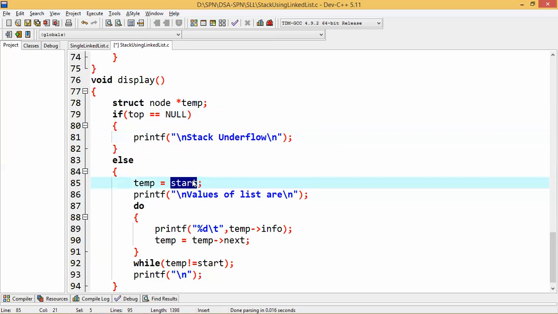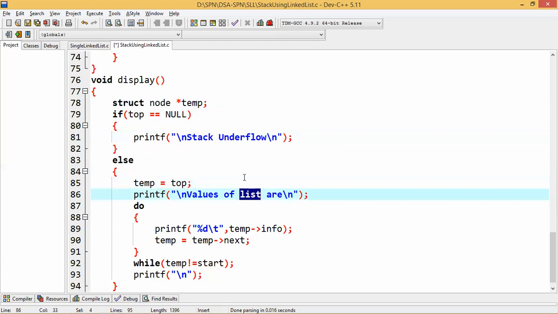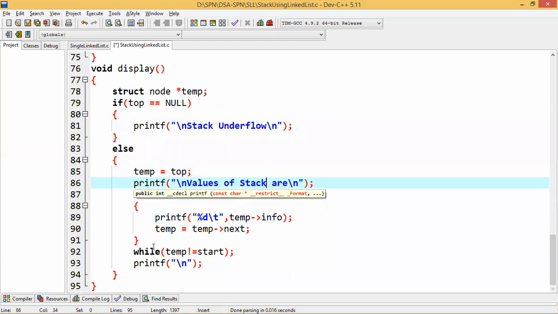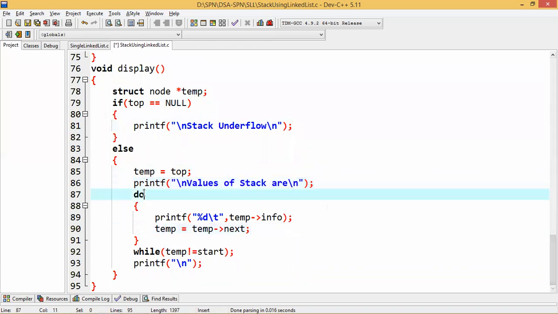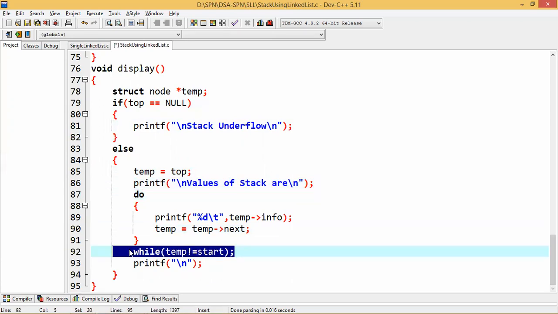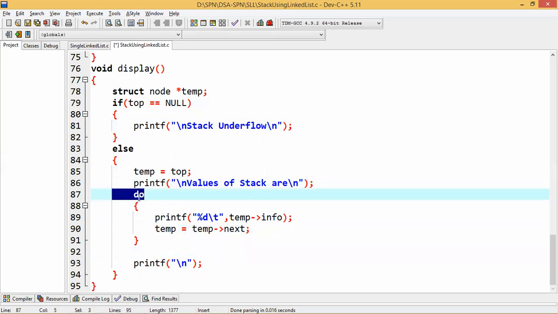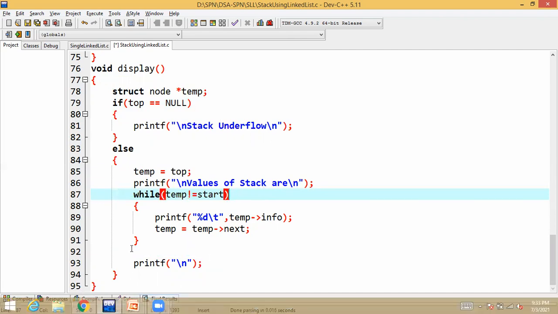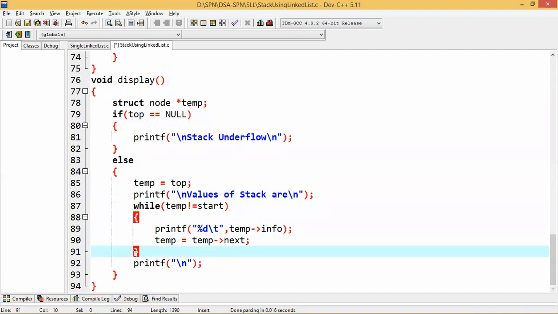Otherwise, you assign the value of top to temp, then you print the info of the stack values and go to the next till temp is not equal to null. Okay. In place of do while, you can keep while. So while temp is not equal to null, you have to print the values and go to the next node. Okay.